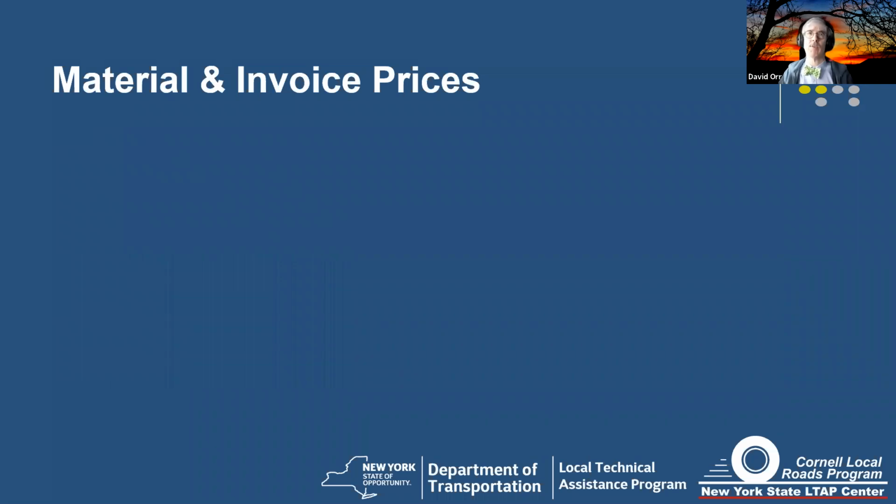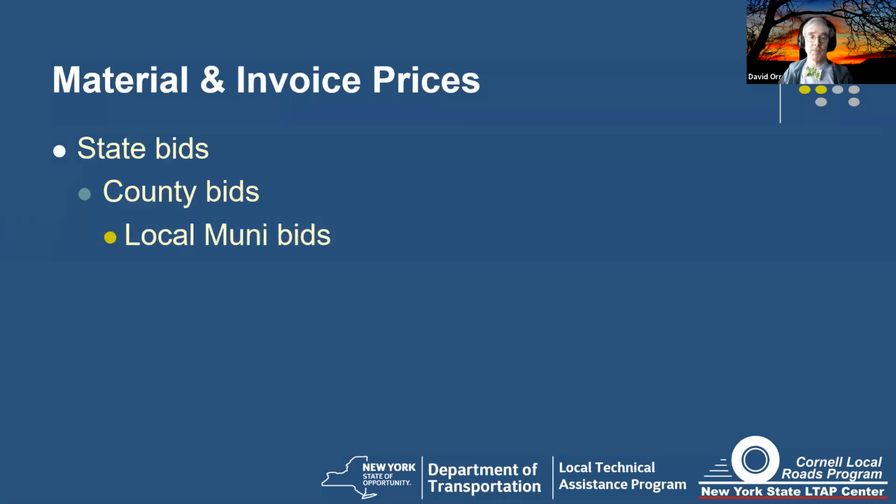Now, where do I get my invoice prices? There's tons of places out there. For budget estimation, you don't have to go super crazy, okay? State bids are available through the OGS system. That's a possibility for you. You've got county bids that you could do and go with. You've got your local municipal bids. You could do piggybacking bids. There's really all kinds of possibilities that exist out there. So don't feel like it's really that hard.